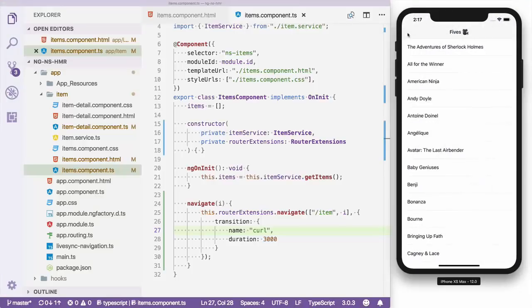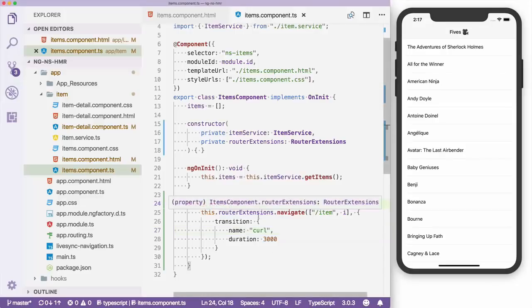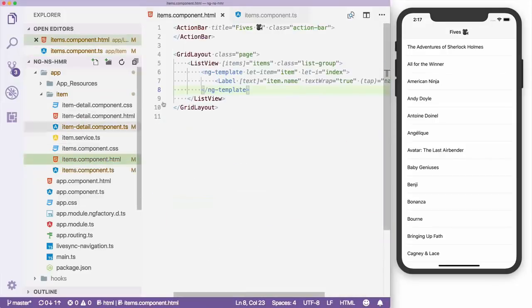I should also mention that hot module replacement works with NativeScript apps built with Angular, which I happen to be using for this app. But it also works for apps built with Vue.js, and also NativeScript apps built with NativeScript Core. All can take advantage of this new functionality. The technique works not only for JavaScript and TypeScript changes, it also works if you need to make updates to your markup. For example, if I get super excited about the title of my application here,